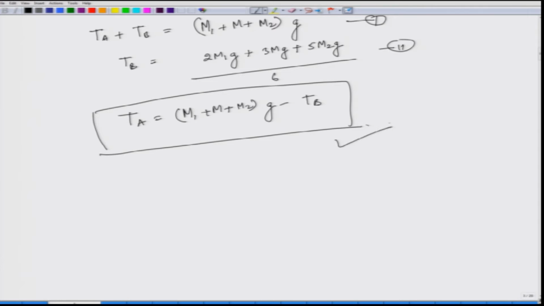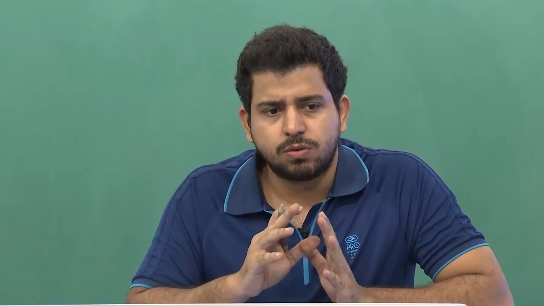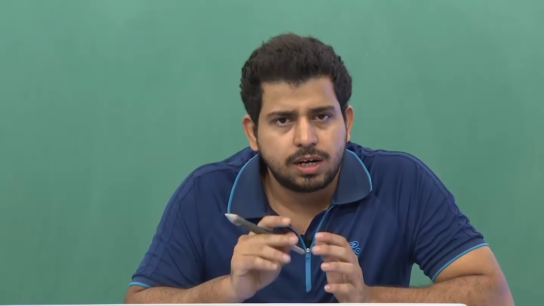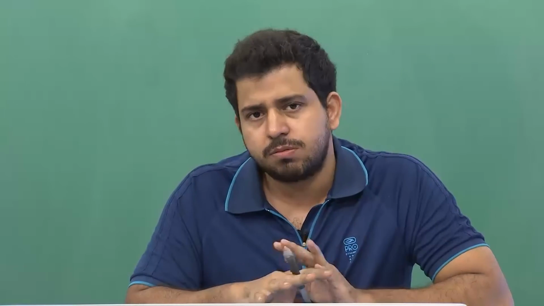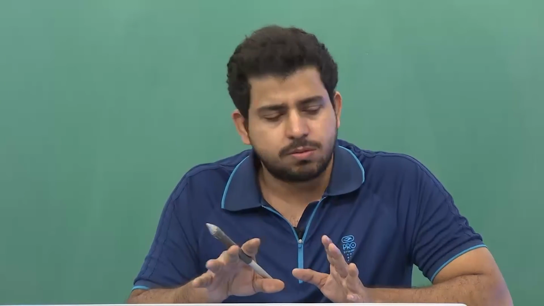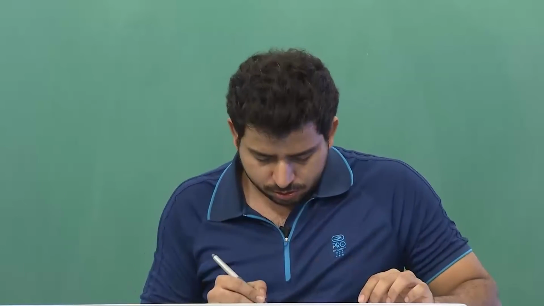So, this was the answer, and it is option A of the assignment. The basic takeaway from this question was that whenever a system is in equilibrium, we are supposed to see what forces and torques are acting on the system, and the total force and torque acting on the system must be balanced. So, let us move to another question.